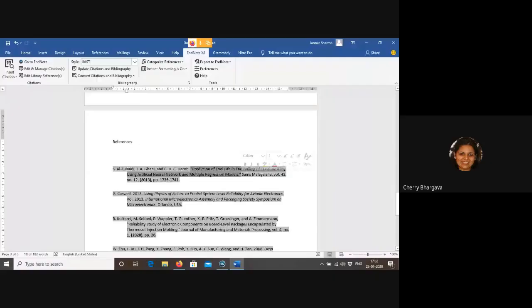Now look at that. In this particular case, it's the IGAST journal. All the titles are within inverted commas now. So by this particular method, you can do any reference, each and everything.